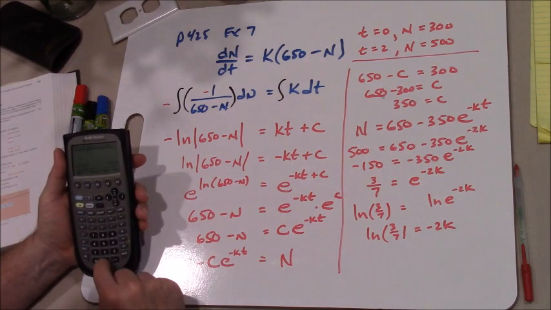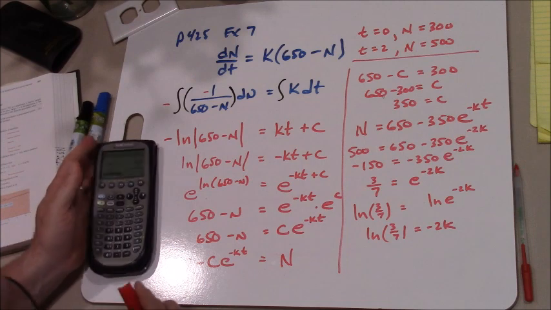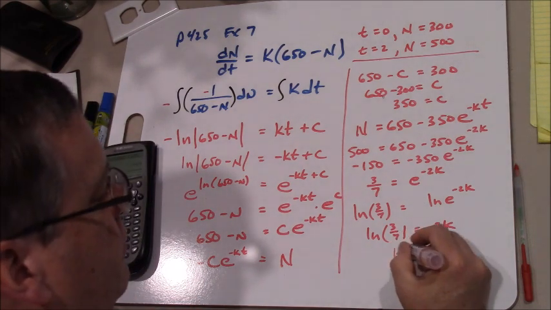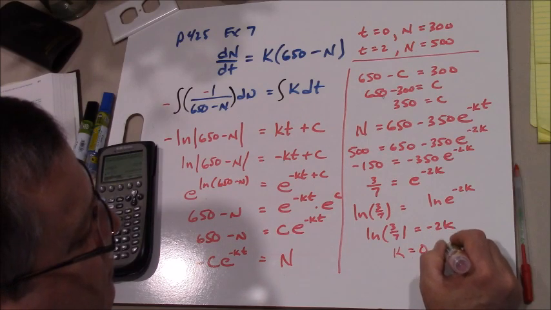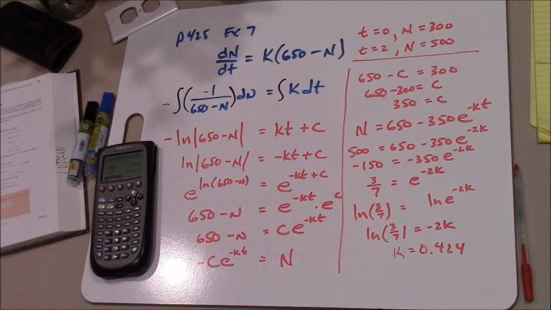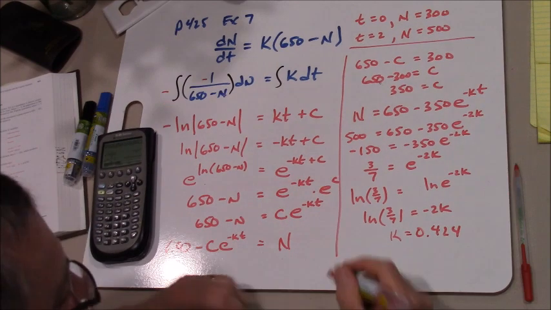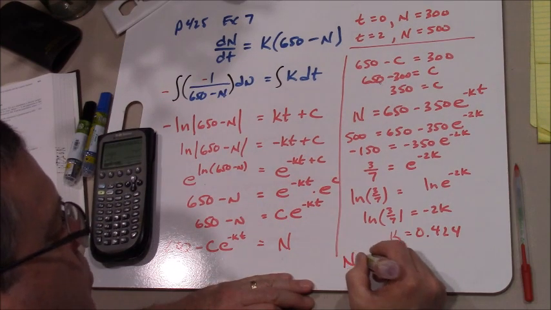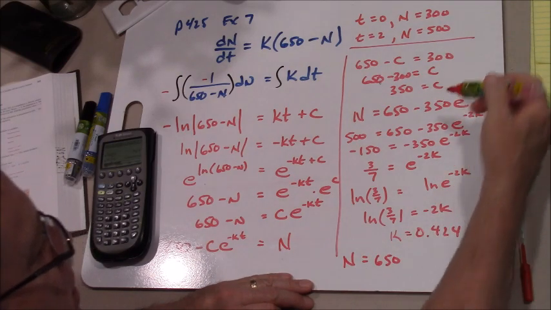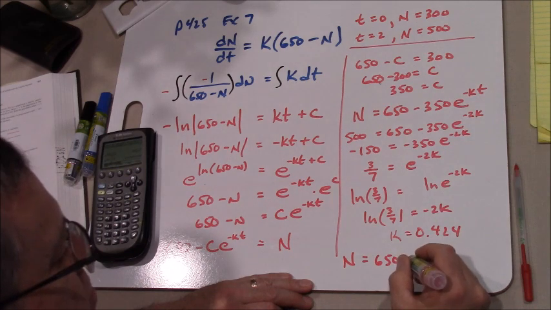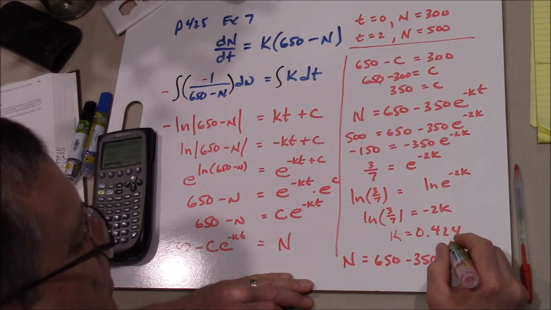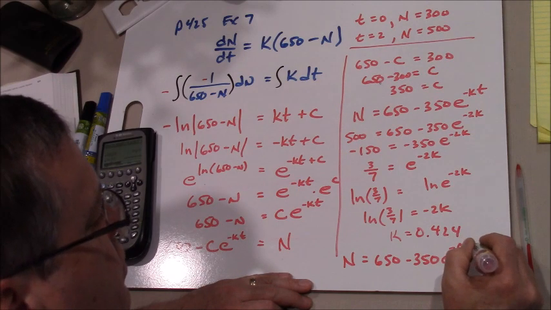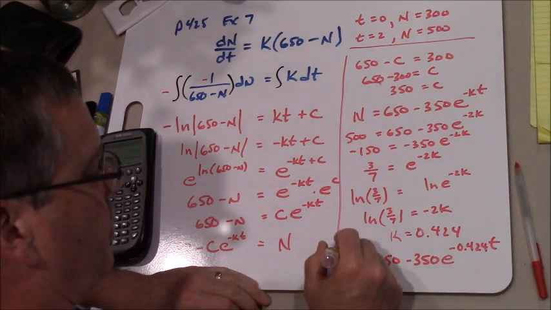And so what I got here is k equals 0.424. And I'll keep track of the exact value in the calculator so I can finish up the last part to this question. Now what I have is n equals 650, I'm going back up to this equation right here, minus 350 times e raised to the negative 0.424t. So there's my final